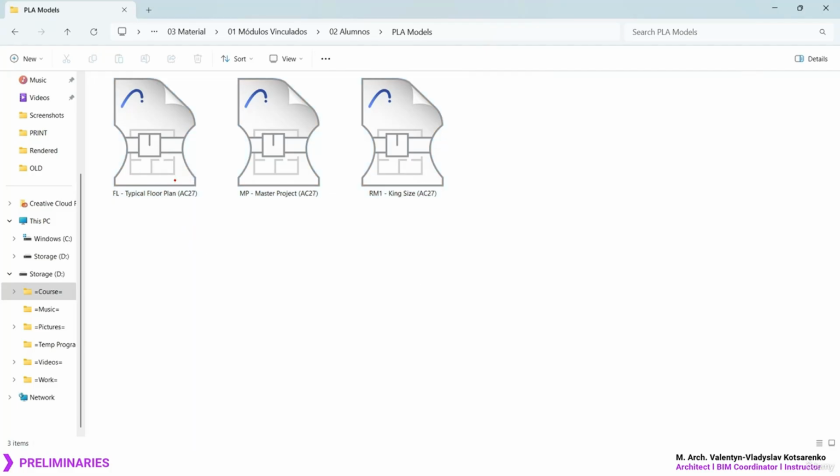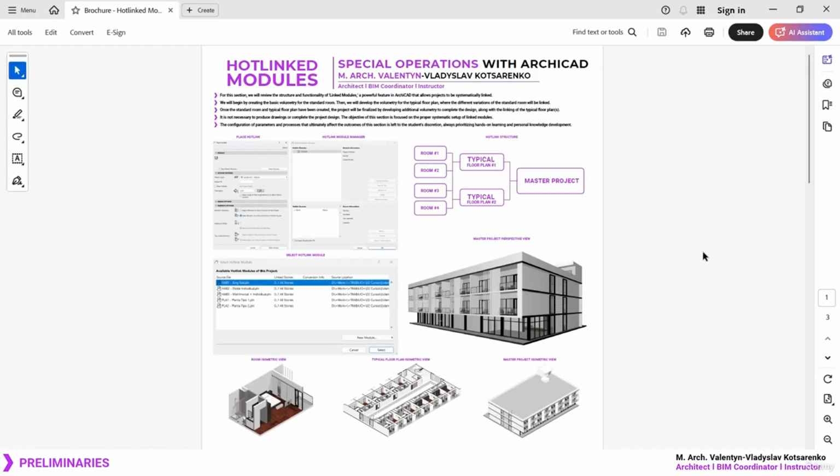Just keep in mind that these models are made in ArchiCAD 27 in the Spanish version, but since this is a PLA file, you definitely won't have any issues with libraries, as long as you use ArchiCAD 27 or a higher version. So having said this, what I'm going to ask you is to make sure that you open up a completely new copy of an ArchiCAD project,